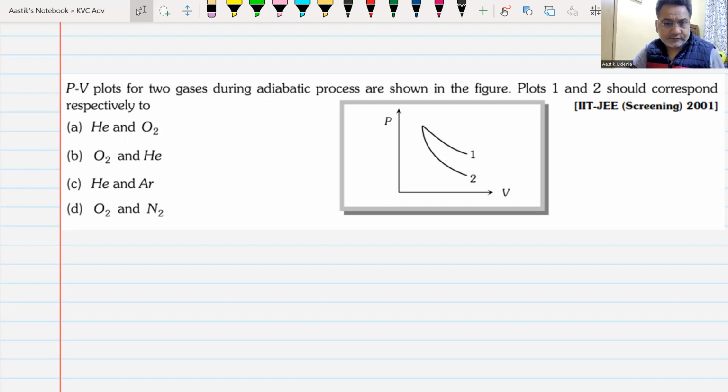Which option is correct? Option B, sir. Number 1 is diatomic gas, which is O2, and number 2 will be monatomic gas. Steeper is the monatomic one. Yes or no? Yes. So you can see these are the type of questions